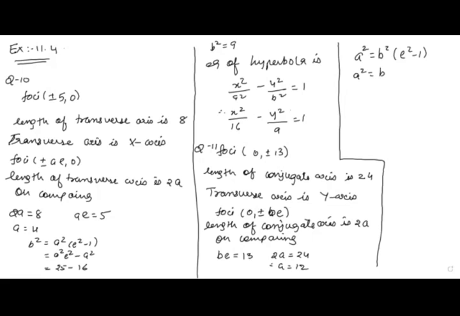Therefore A square is equal to B square e square minus B square. We know A square, we know B square e square. Therefore B square will be 25. Therefore the equation of the hyperbola